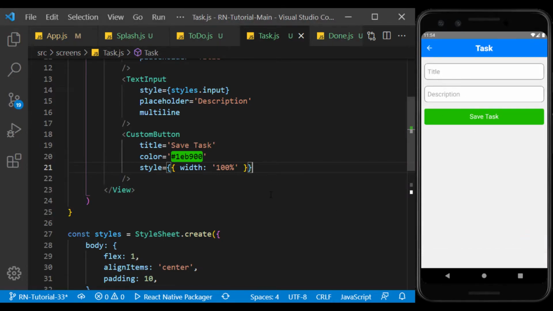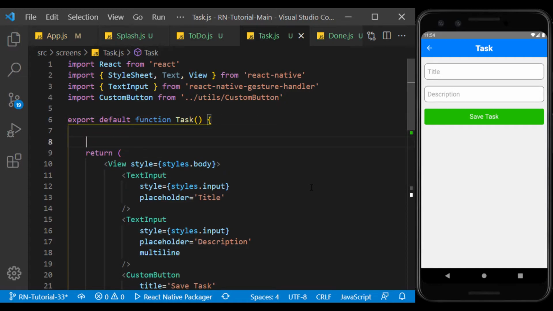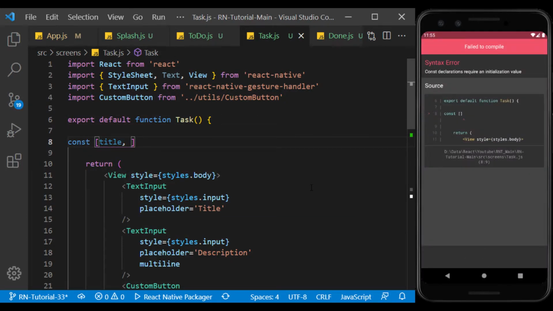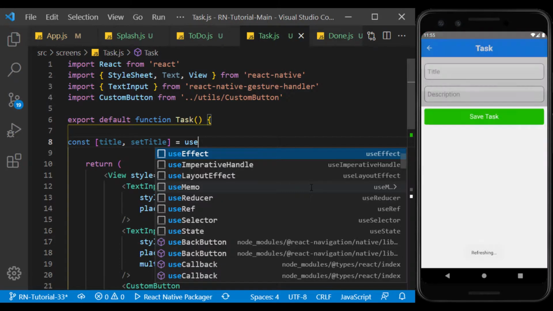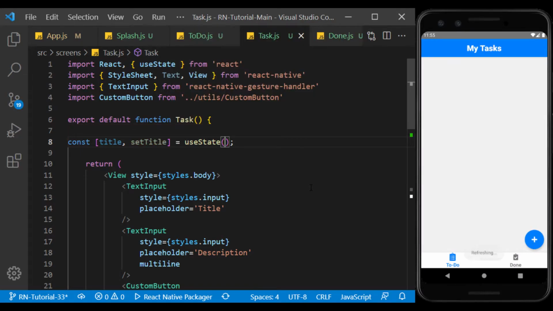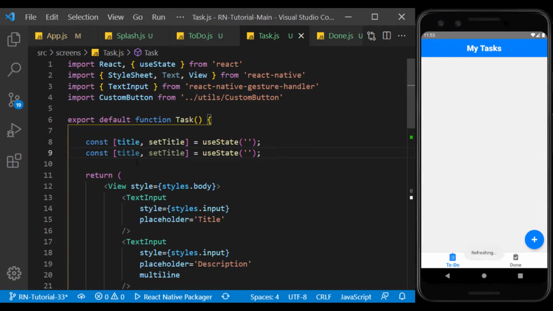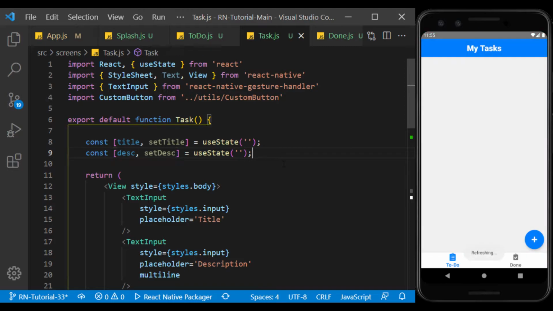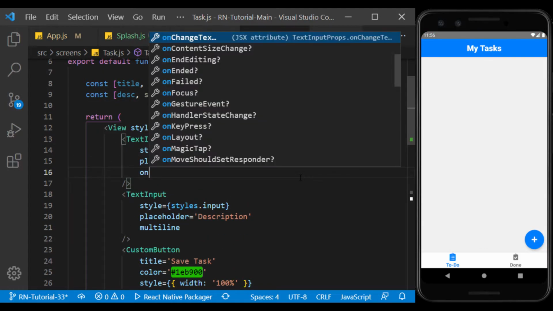To control the values of these inputs on this page, I create a state for each, and I use them in the text inputs.